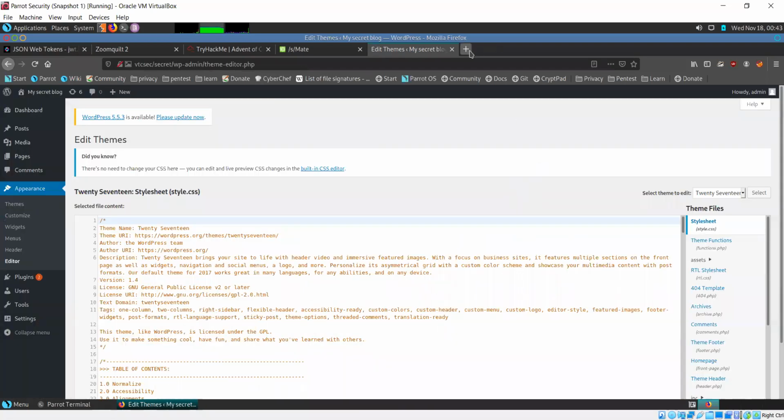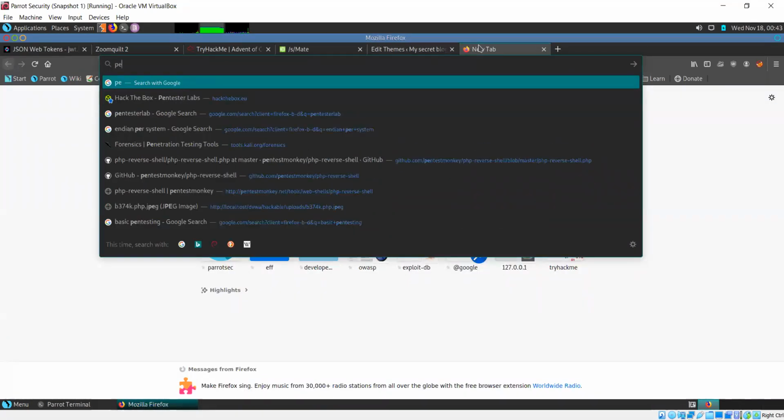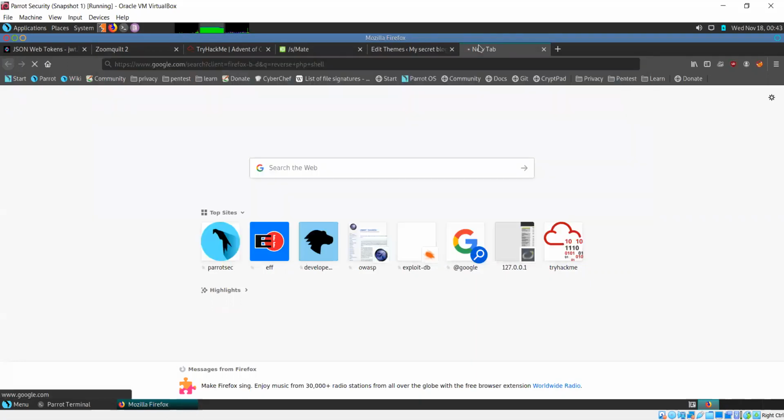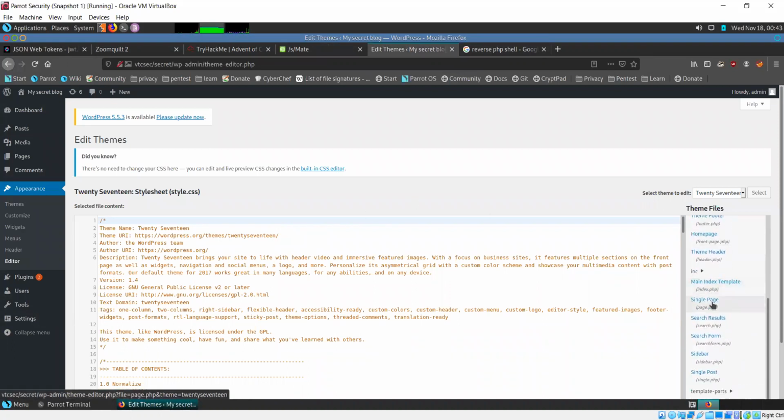What I'm going to do is replace the code for one of the pages with some malicious code. What malicious code? It's a reverse PHP shell.